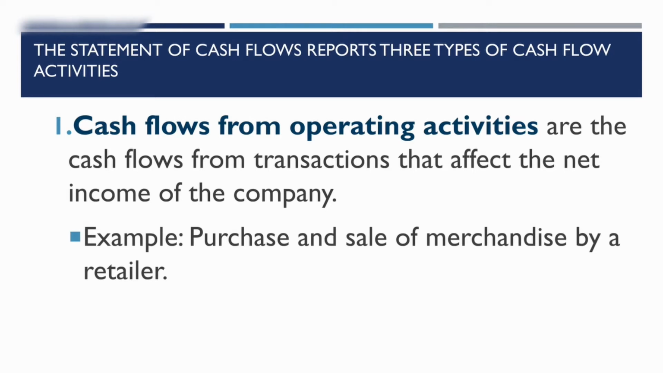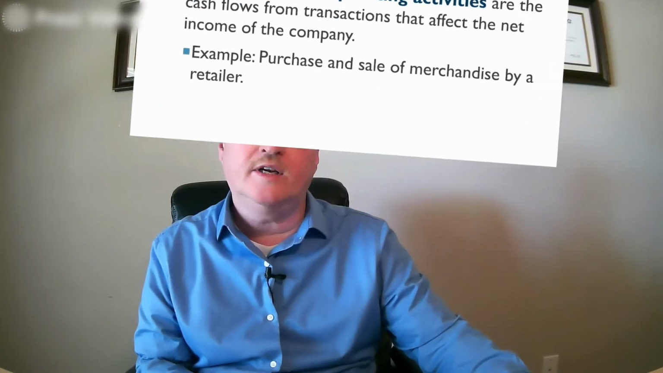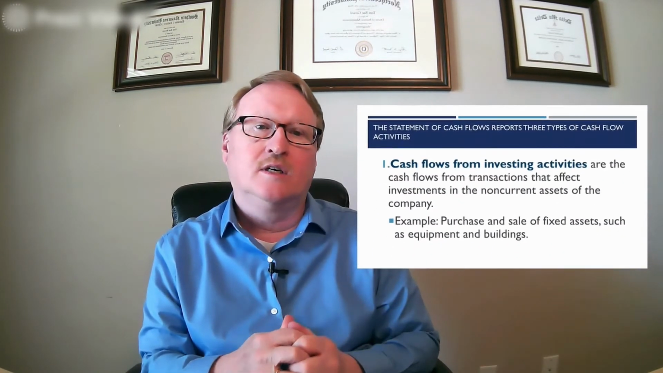Now, we're not talking about buying a long-term asset here necessarily. We're talking about things that I'm going to spend money on in a given year. That's operating activities, okay? So the next one that we're going to look at is the cash flow from investing